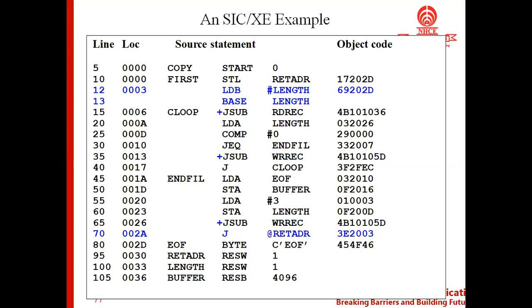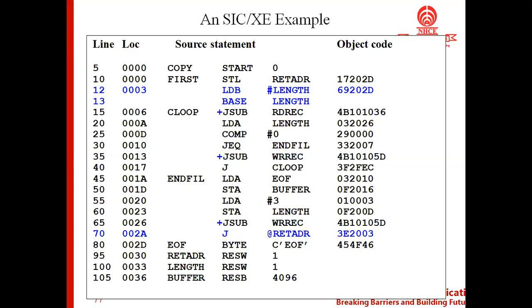Because according to the functions of the assembler, what we have got is 140030, but here this is totally different, 17202D, right?